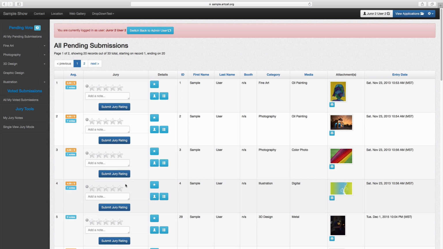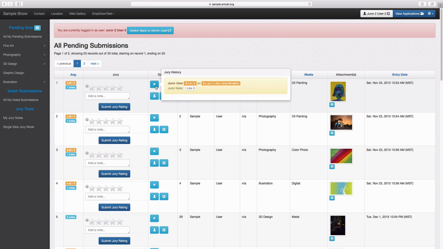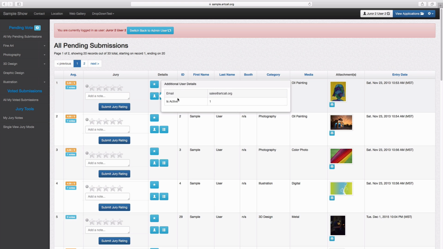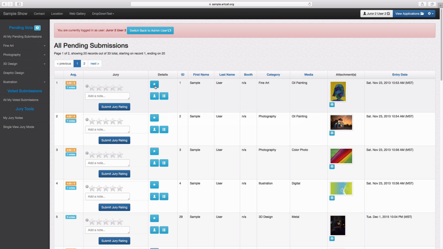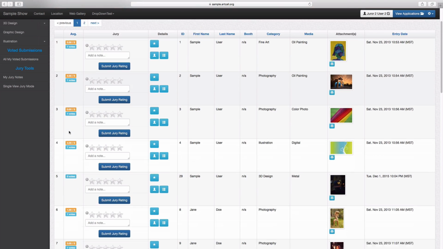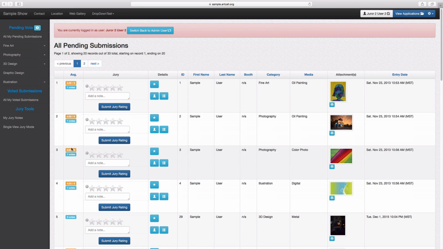So here you can see it shows me the star here, shows me previous votes. So this is all the jury history. Here I can see all the information about the user. I can see their first name and last name, and here I can see all the information about the submission. You just click these boxes to enable these and it'll pull up the details about that. I can also see the average, how many votes has been placed on each of these, and a few other